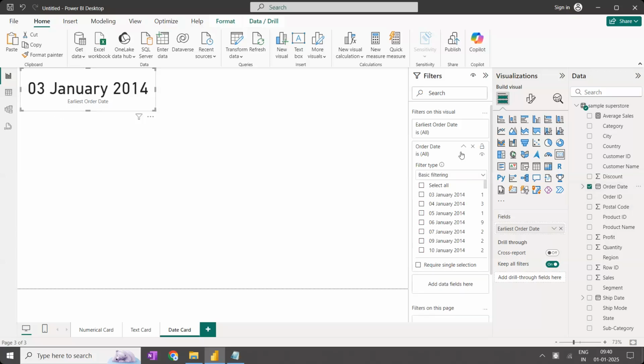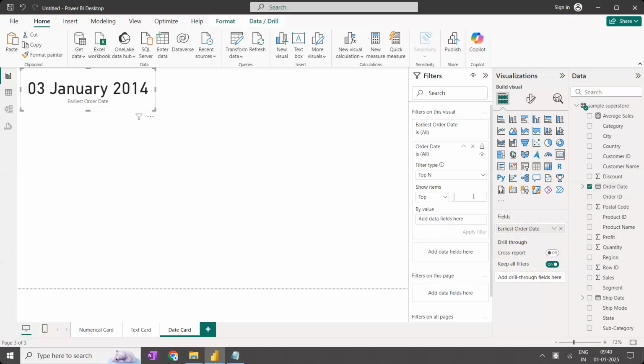Okay, which date do you want to show? Top N means the date with the highest value; that particular date you want to show. Click on that. And this is applied on the overall